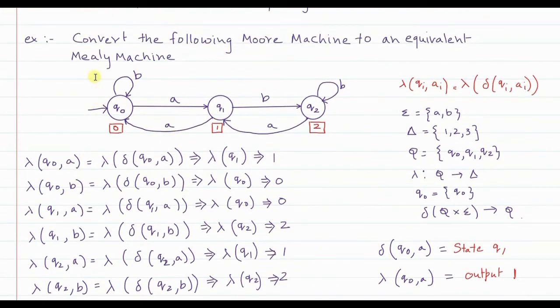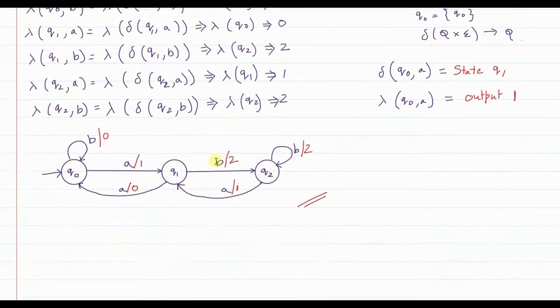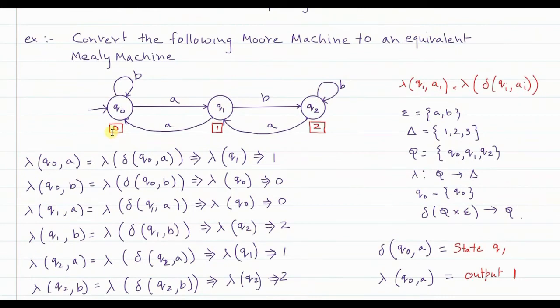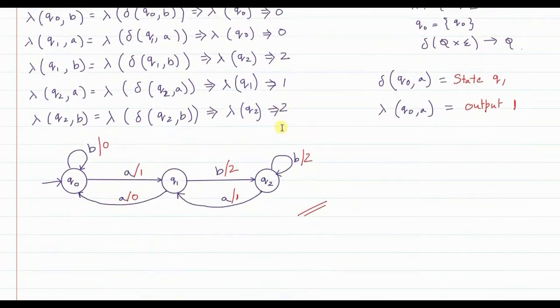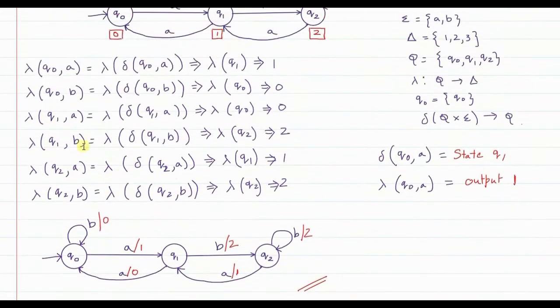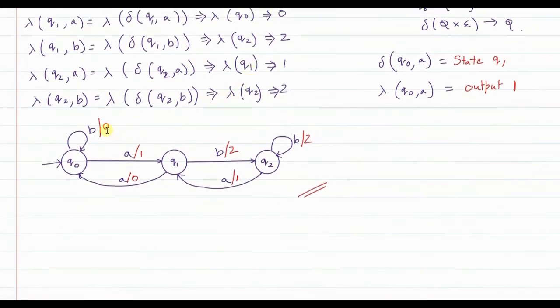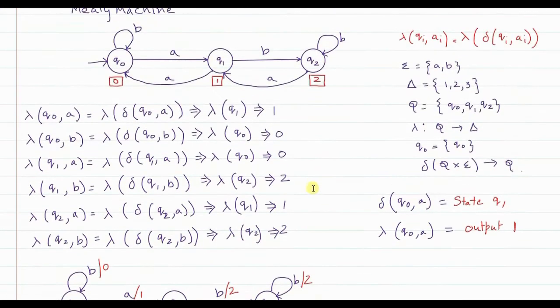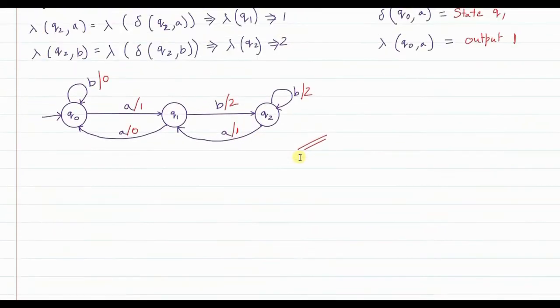Then while drawing the equivalent Mealy machine, you have to copy this same figure and redraw it. Only difference is now for the resultant Mealy machine, the outputs won't be associated with the states, so you don't have to write those. All other transitions will be the same. Then just by looking at the formula, you can determine what is the output from a particular state when a particular input is read, and the output appears here. That you are going to write with a slash and the output. So this is the equivalent Mealy machine for this Moore machine.